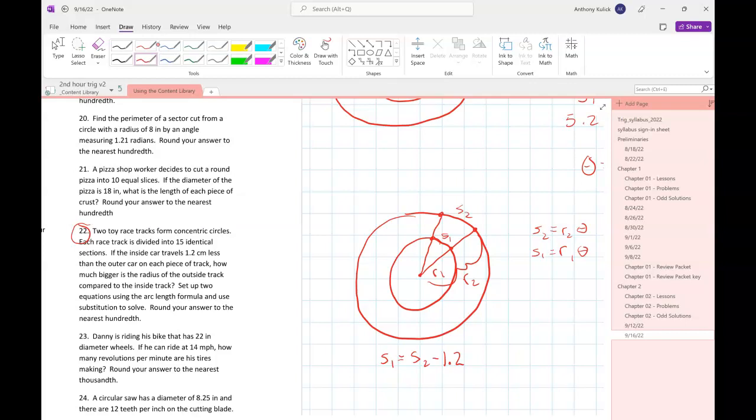All right, here's the problem though, right? We don't know what theta is. We're actually told how to find this though. What part of our problem tells us how to find that theta? Boyd? Yeah, the 15 identical sections. So